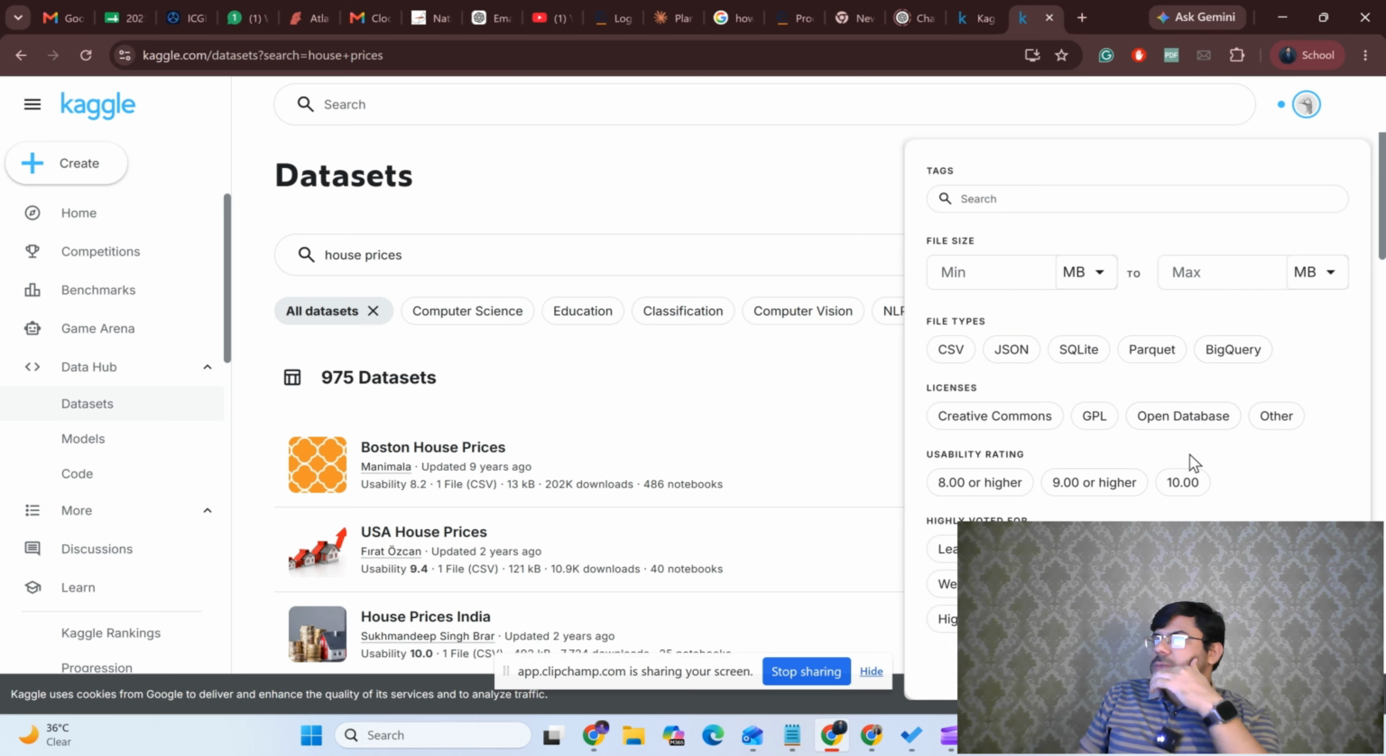One thing that I'm going to recommend here, in the beginning you can minimize the file size, maximize it. You can also select the file type. In the beginning I will recommend you to use CSV files. Then I will also